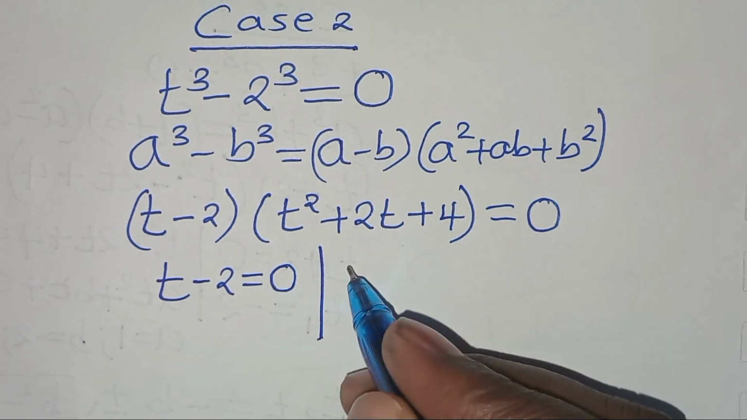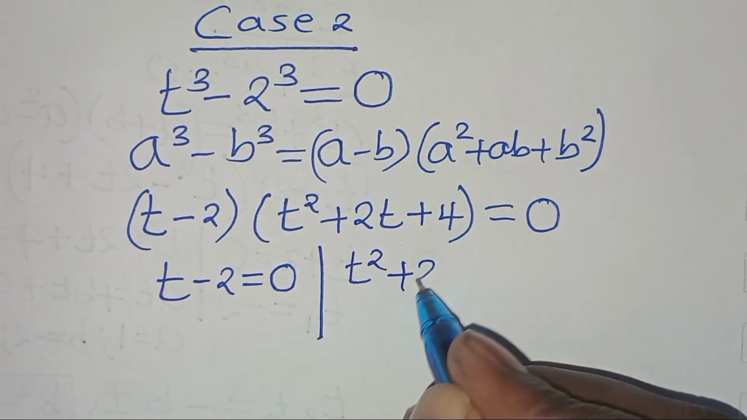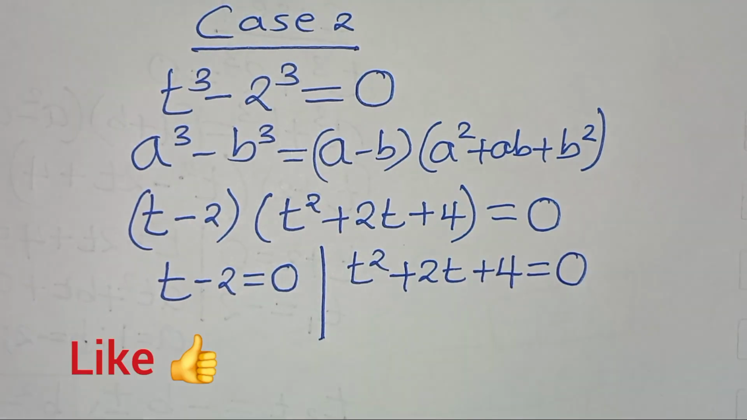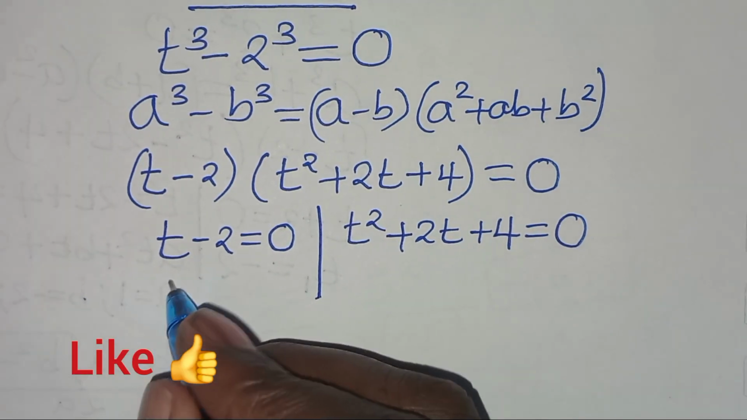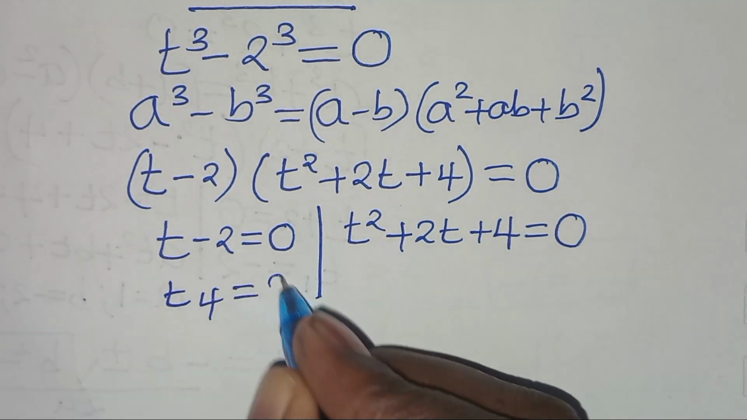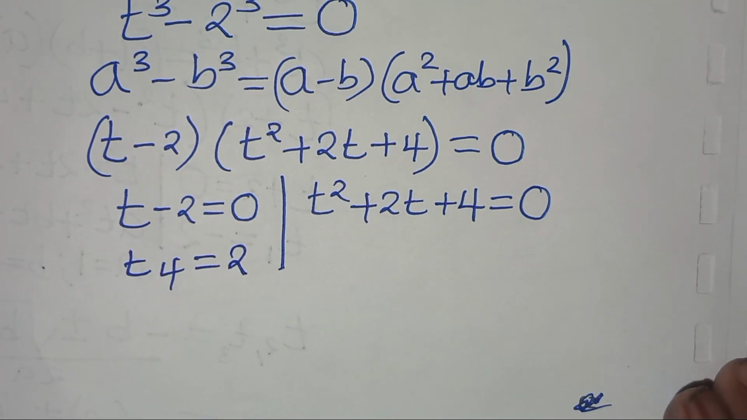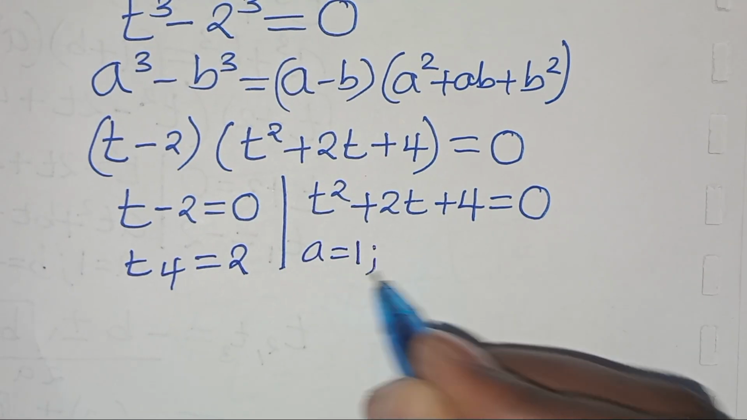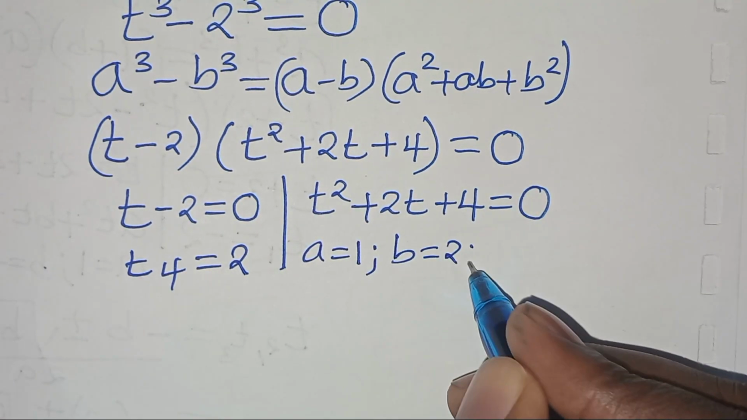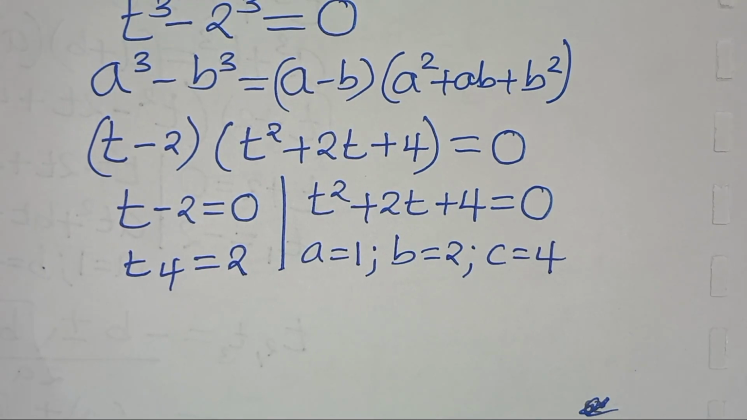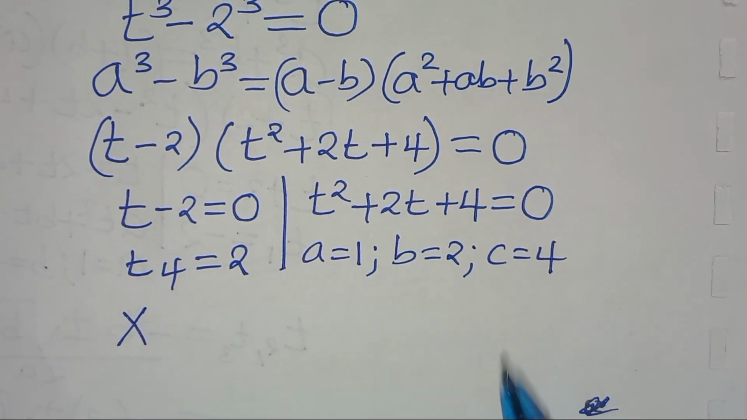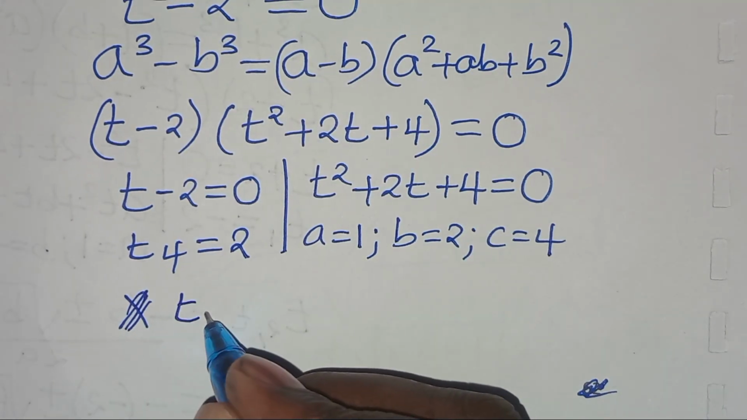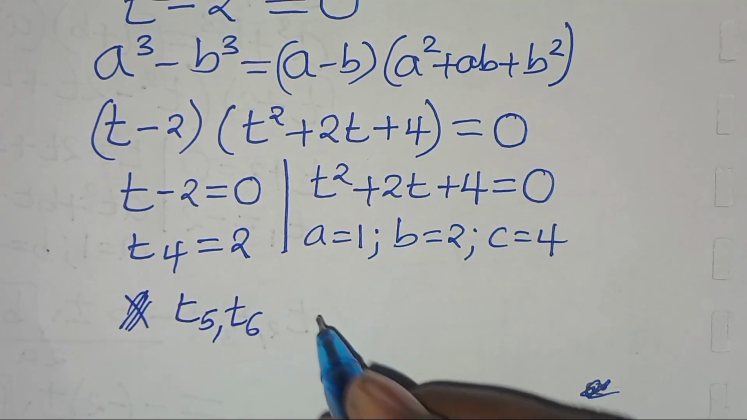Then the other part here is t to the power 2 plus 2 times t plus 4, which is equal to 0. So from here, we have that t4 is equal to 2. The next part is a quadratic equation with a equal to 1, b equal to 2, and c equal to 4. So applying the quadratic formula, we can calculate t5 comma t6, which is